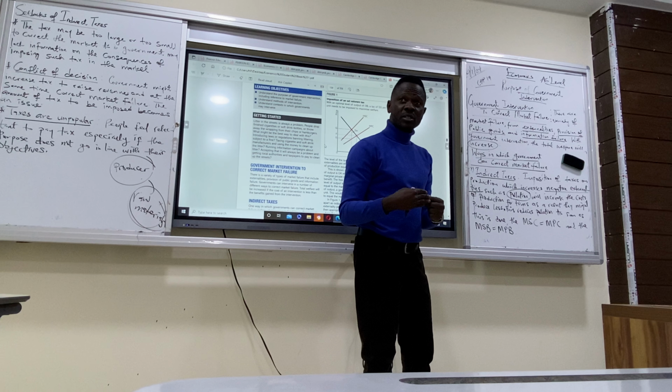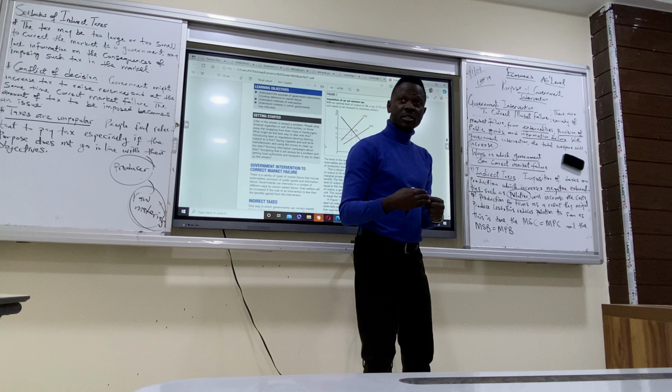Get it clear. Indirect tax is levied on production, especially those that are polluting the air. So government is imposing it to correct the market failure, because emission of carbon is a market failure. In as much as it affects the society, government tries to reduce it by imposing taxes. The imposition of tax will make firms reduce their production. Reducing their production means that pollution will also reduce. At that point in time,